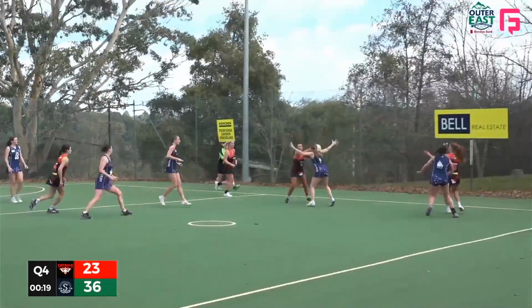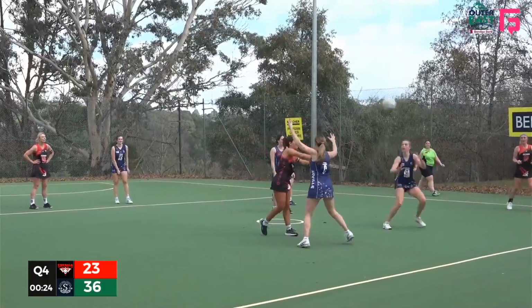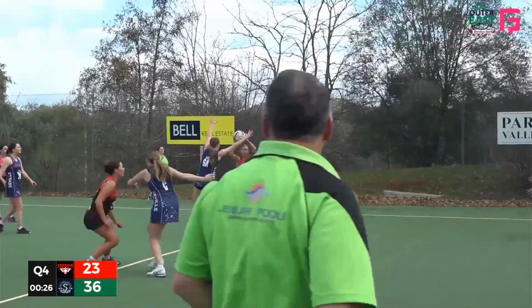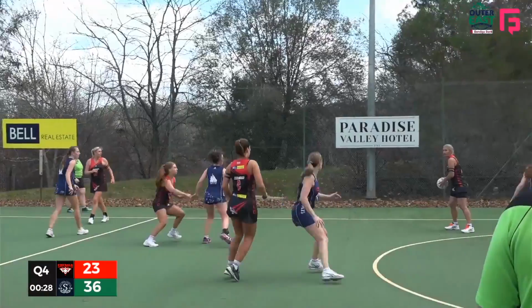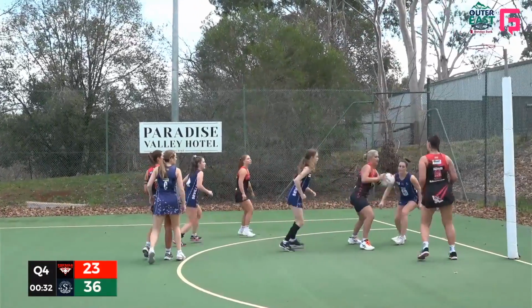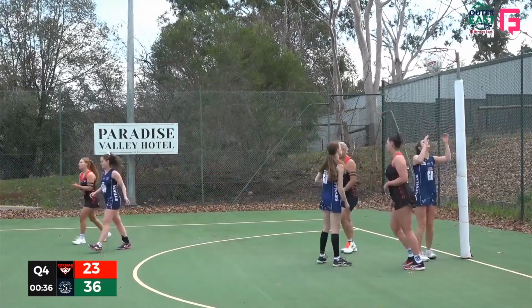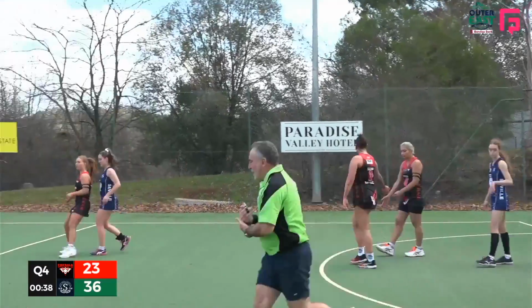Working the ball around here. This is Preston here in the centre. Good little pass to Preston. Got it up here to Jamie Scott. Scott looks around. This is Lalanting. Lanting, she's got it now. Goes to Wolfen Patel. She does put it through. That's an important goal there, just after the last quarter here